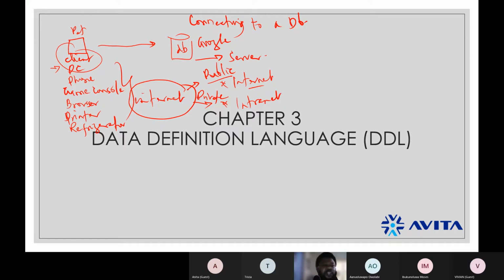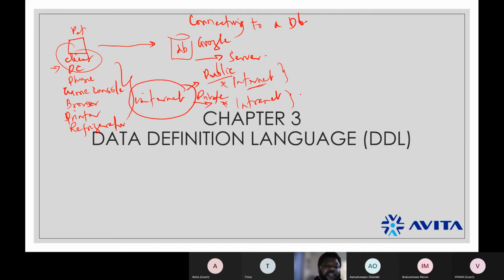So when you want to retrieve information, you can either retrieve it from the internet, if the information you need is from the internet. Or you probably work in a bank and you want to get client information.